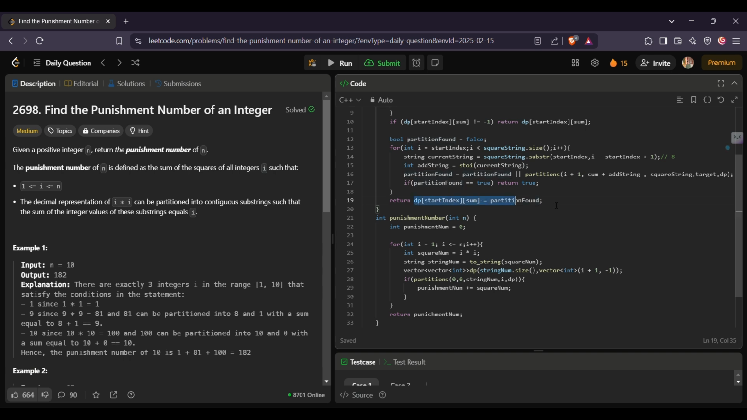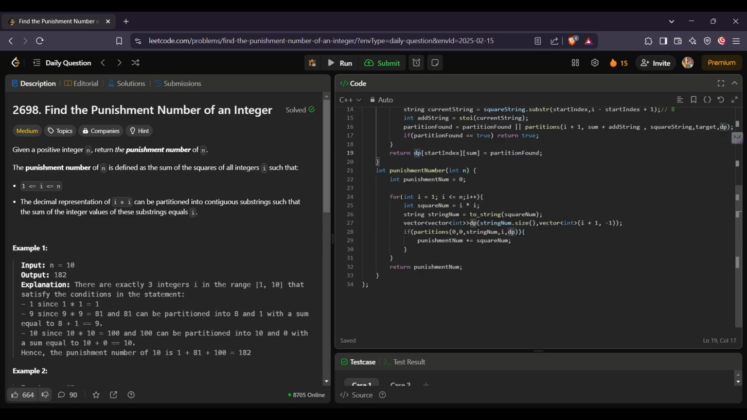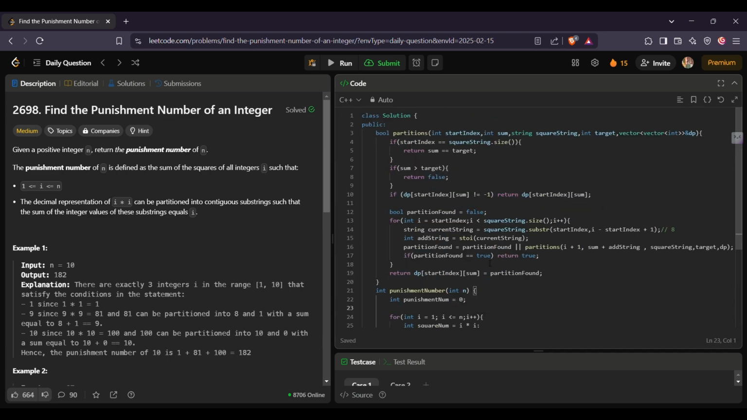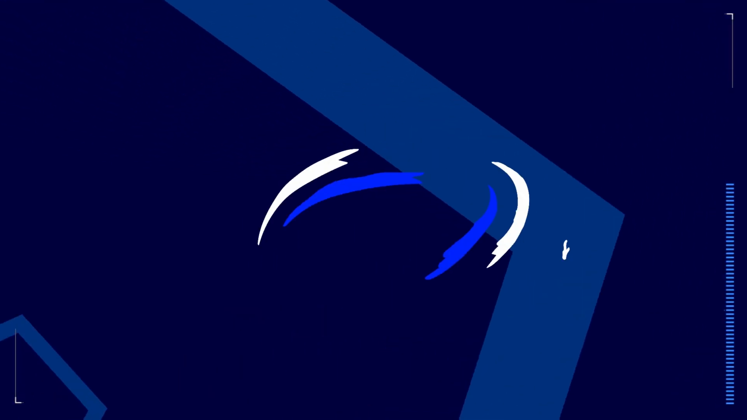And we have to store this in the dp array. If we have the number in the dp array, then we'll simply return true. So this is the code I have tried to explain. Okay, let me tell how